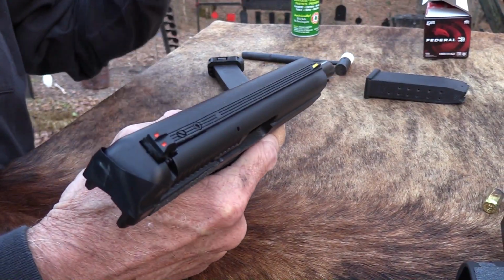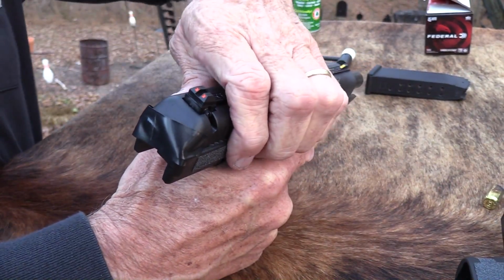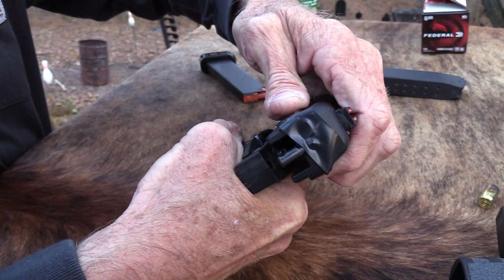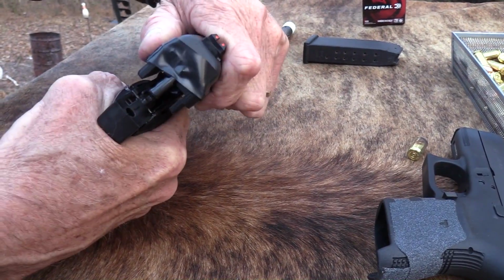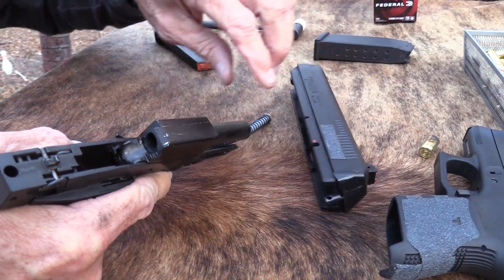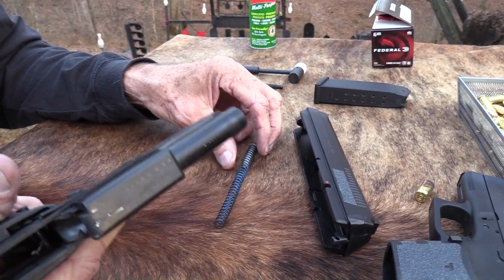Okay, so then you gotta muster up your strength, hold your nose, and you pull back on it, and then up. Okay, and then, like I say, it's tricky. There we go. Whew. All right, and there's your recoil spring in there, and so you see it has a